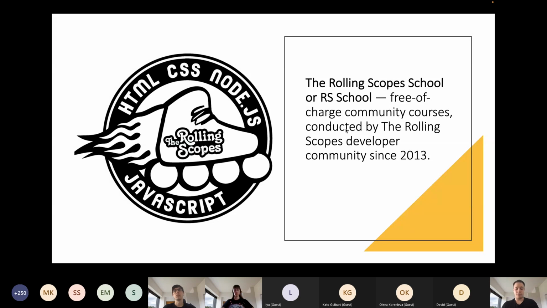The main goal of the community is to organize meetups or conferences where developers can share their knowledge and experience working on their projects, and suggest useful technologies that could potentially be used by the rest of the developers. At the same time, the Rolling Scope School appeared as a free of charge community course conducted by the developers from the Rolling Scopes.